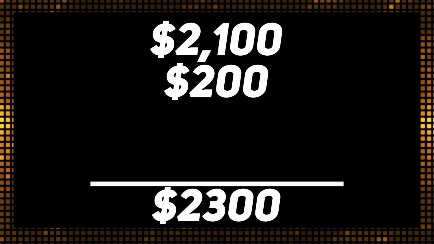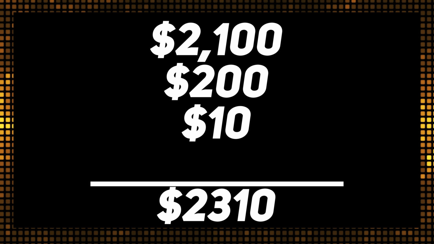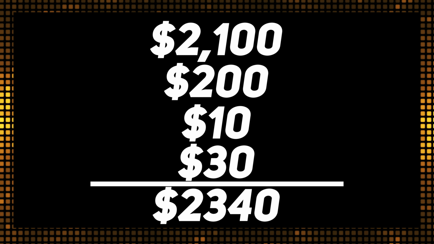Well, first of all, we have interchange. We're saying that's going to be 2.1% for this restaurant. So that's $2,100. We have card brand fees and assessments, which we're saying is 20 basis points or 0.2%. So that's going to be another $200. So now we're at $2,300. Then we have these Schedule A costs. So we add another $10 of monthly cost per merchant account. So now we're at $2,310. And then we have 3 cents per transaction and 3 basis points. Well, 3 basis points would be $30. So now we're at